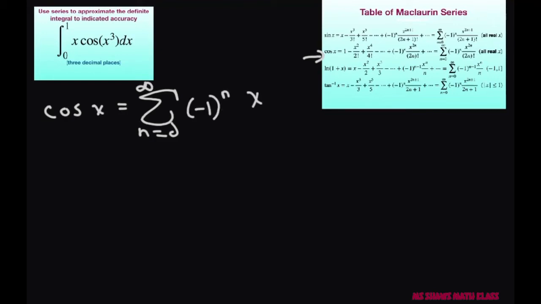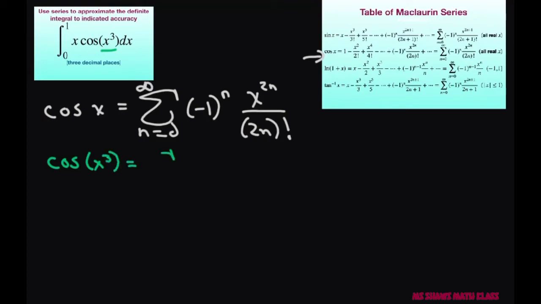series given here. So I'm going to first look at cosine of x, and that equals the sum n equals 0 to infinity of negative 1 to the power of n times x to the power of 2n divided by 2n factorial. All right, so let's look at x cubed. Cosine of x cubed is